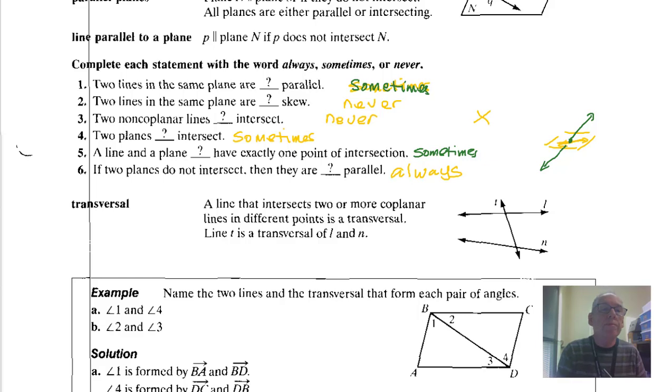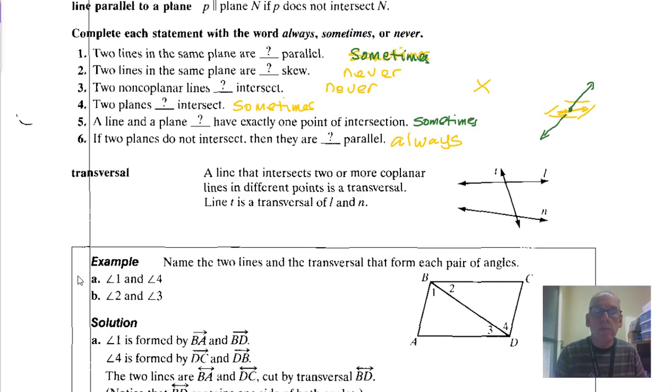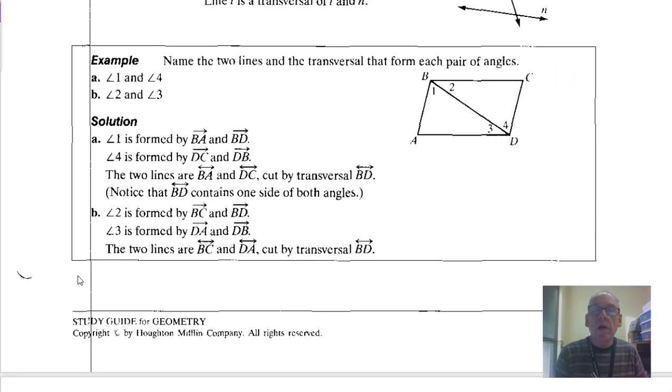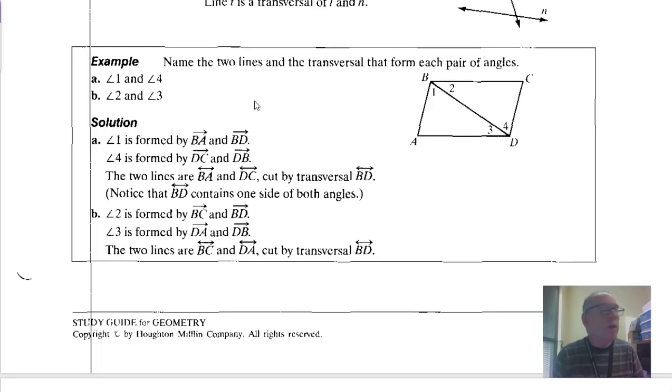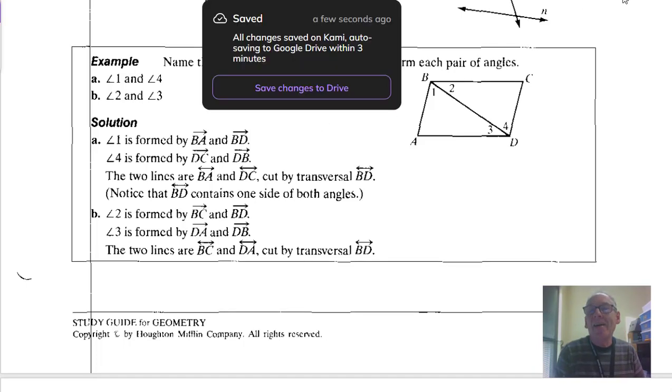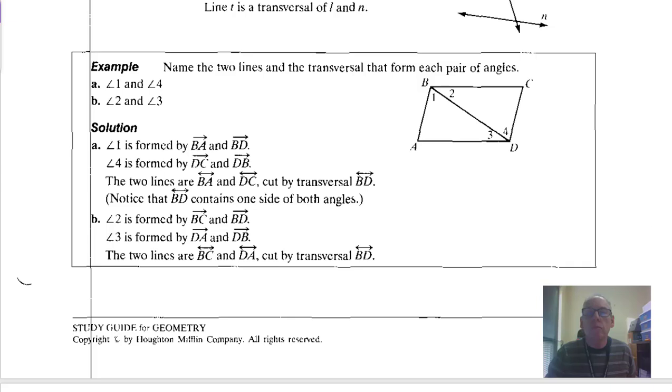Okay, let's move on. Name two lines and a transversal that form each pair of angles. Okay, let's look at this example. In this example, we want to name the two lines and the transversal that form each pair of angles. So they're talking about angle 1 and angle 4. So if we look at angle 1 and angle 4,